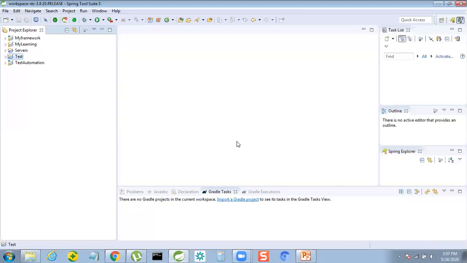Okay, so now our Maven project got created. It is called test automation, right? Let me expand this and show you guys how the Maven project will look like. Yeah, so this is the Maven project's architecture. In this you will see one pom.xml file.